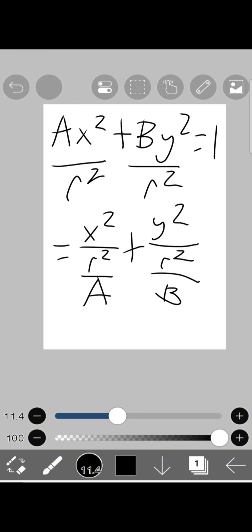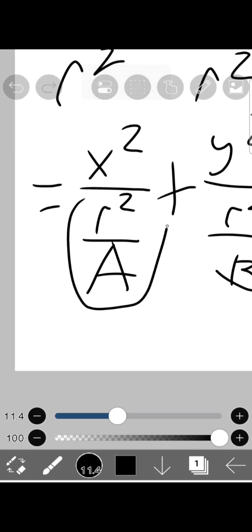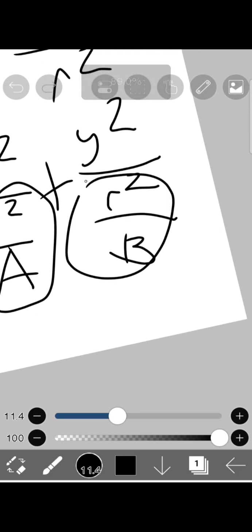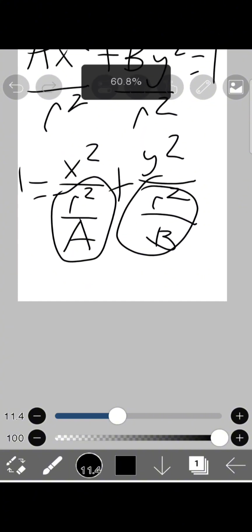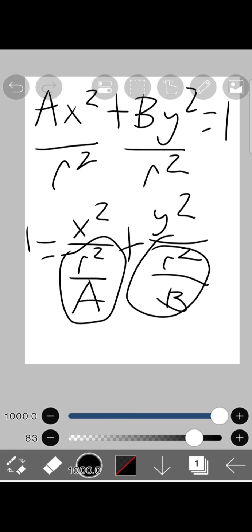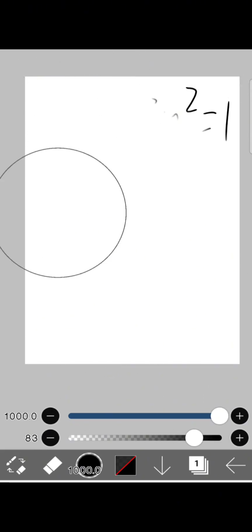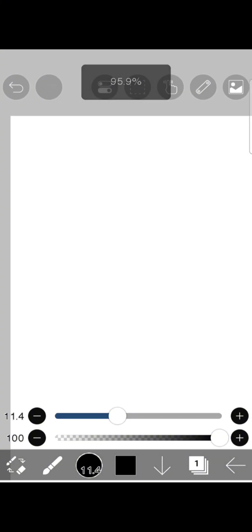So look at this. Here and here, this is important because now, if we equate this to 1, this looks very familiar. If you know your conic sections very well,